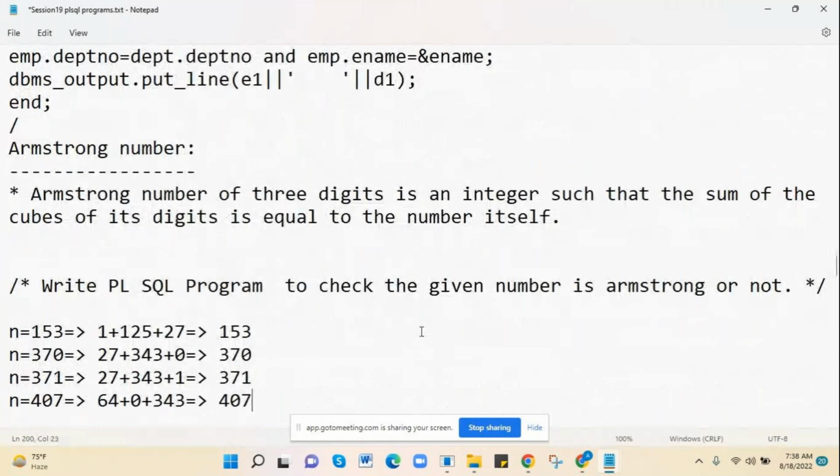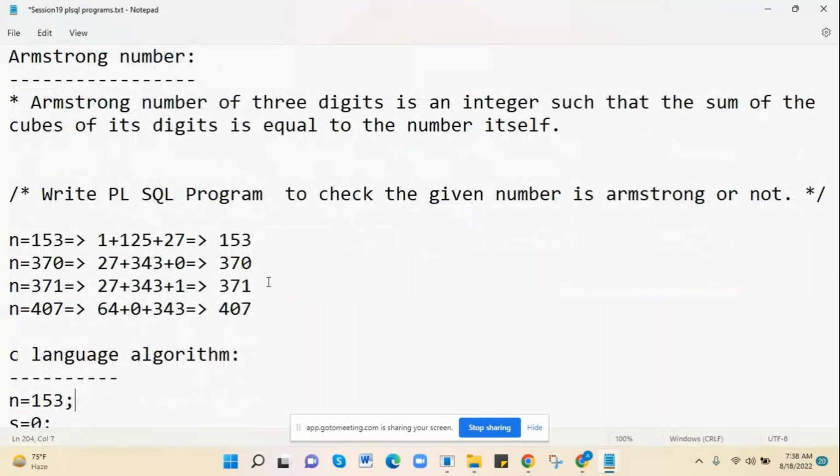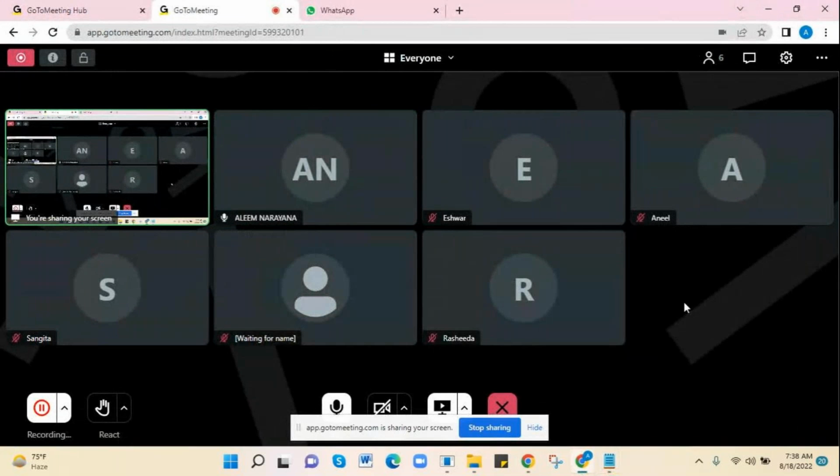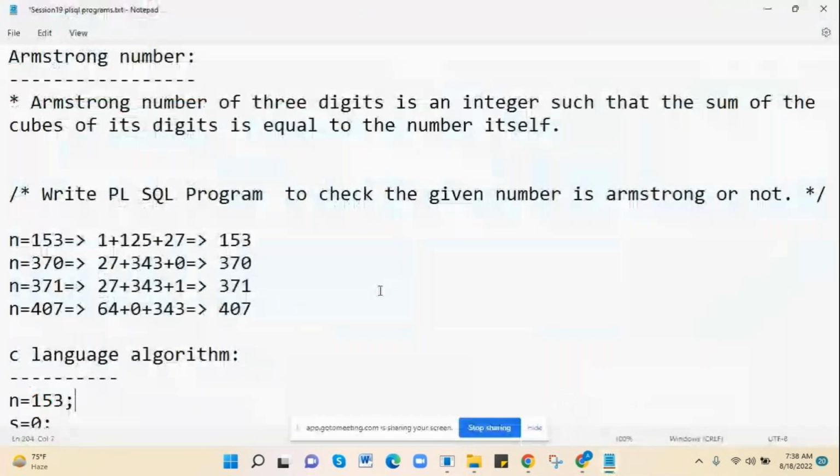Do you know what is the Armstrong number? Such that the sum of the cubes of its digits is equal to the number itself. Armstrong number, anyone knows? Anil, Ishwar, Sangeeta ji, Rashida. What is an Armstrong number? For example,